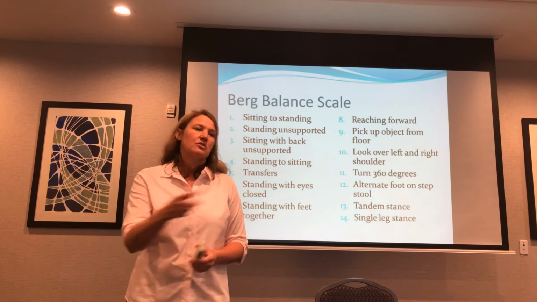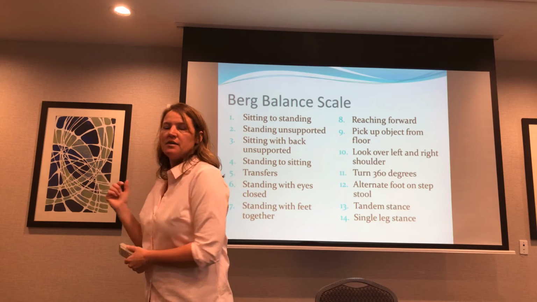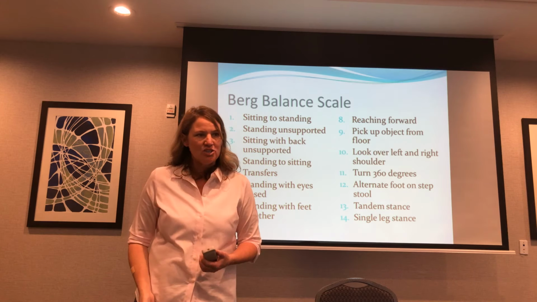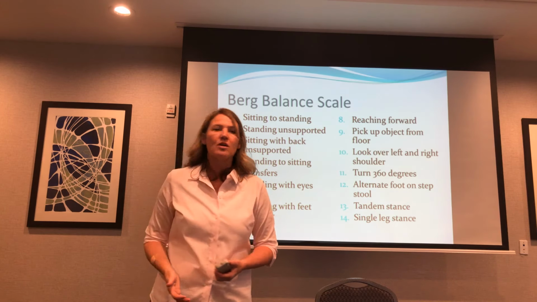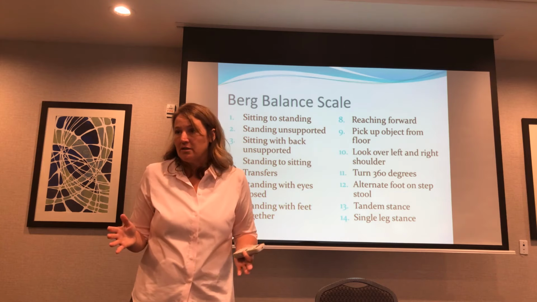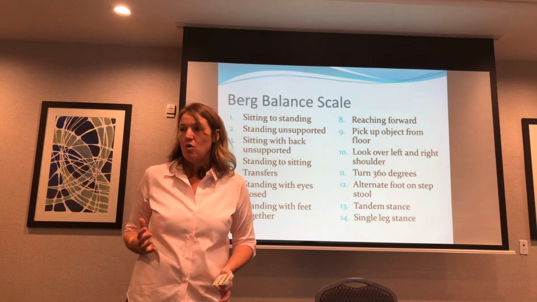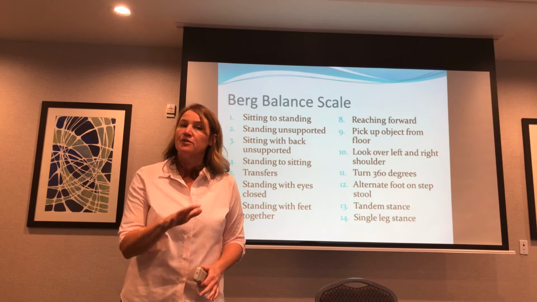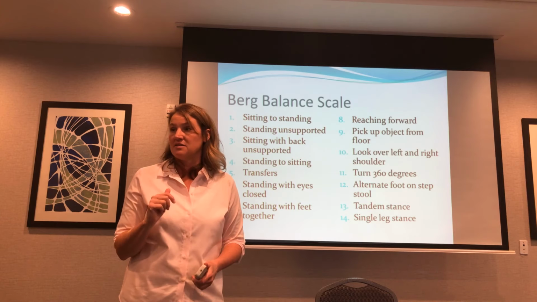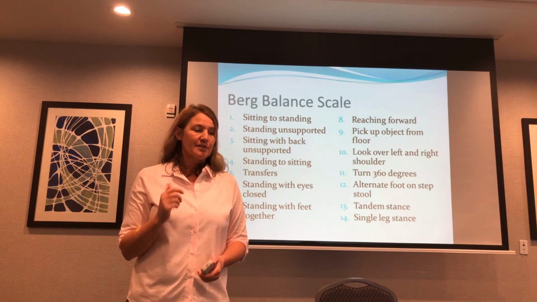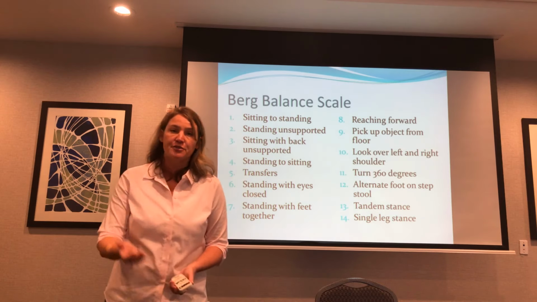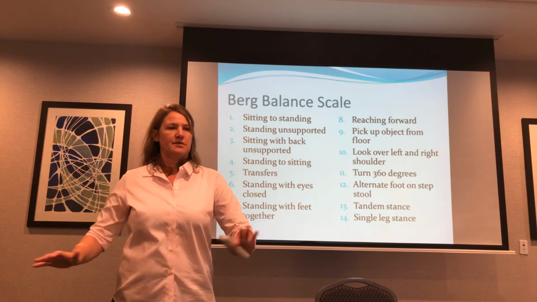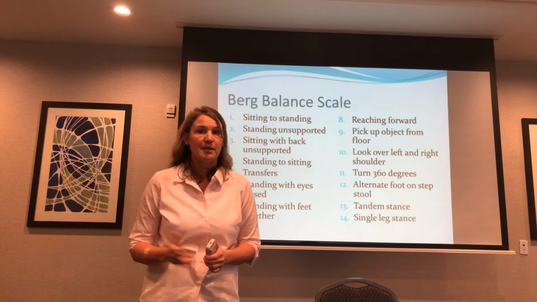Turn 360 degrees. So you turn one way, you turn around the other way. Kind of the same idea. How did they do? Were they able to turn around? It's a weight shifting problem, a range of motion problem, or it could be a general balance problem, which is everything. Their whole body, they have a little bit of a decrease of everything. And so you're going to have a well-rounded program versus someone who has a very specific problem that is limiting their ability. This could be hip rotation, range of motion versus a vestibular problem. They spin around and they have to go real slow because they keep getting really disoriented because of the vestibular issue.